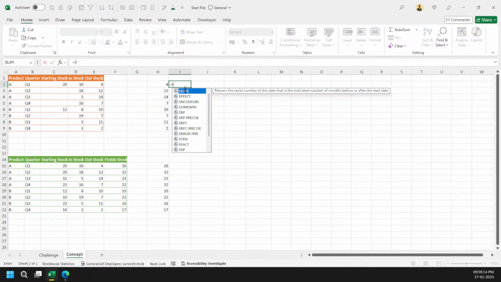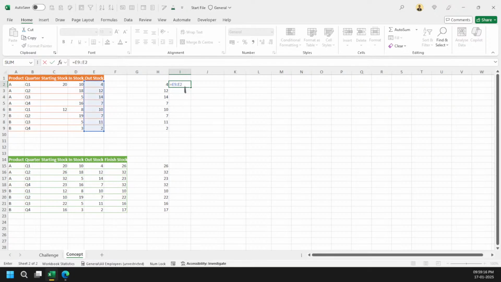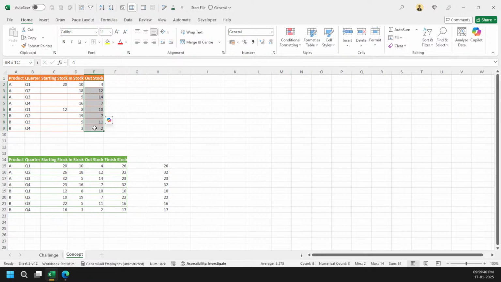Okay. So I am writing here E9 to E2. The moment I press enter, you will see I am just getting the same results here. And Excel will quickly update this whole range here. Got it? So that's the whole idea here. What can I do here? I'm just going to simply select this range, and let's see how things go, because eventually I will be working on this much array, right?